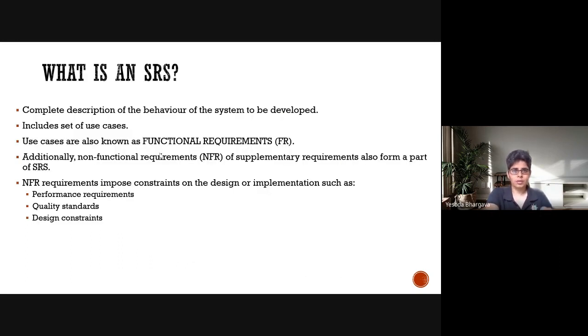So having talked about software requirement specifications and the importance of requirements, again this is a reiteration of what all of us already know, that SRS is a complete description of the behavior of the system to be developed, and that is what you are trying to create in your project, which is due soon. It will definitely include detail about the functional requirements and non-functional requirements, and even your use case diagram that you are making will also form a part of your SRS.